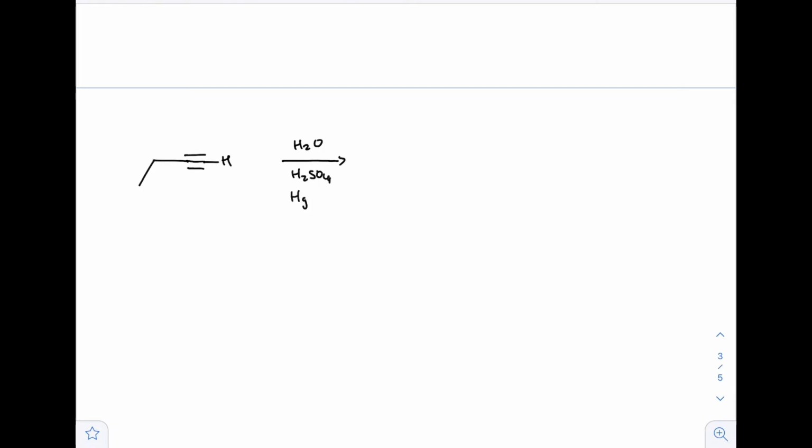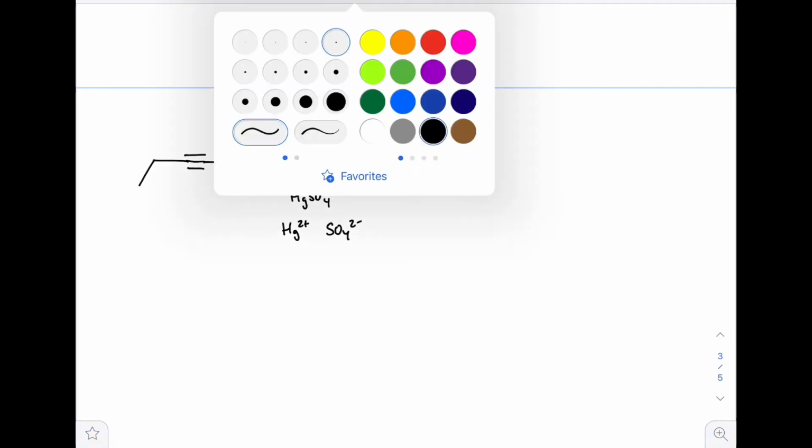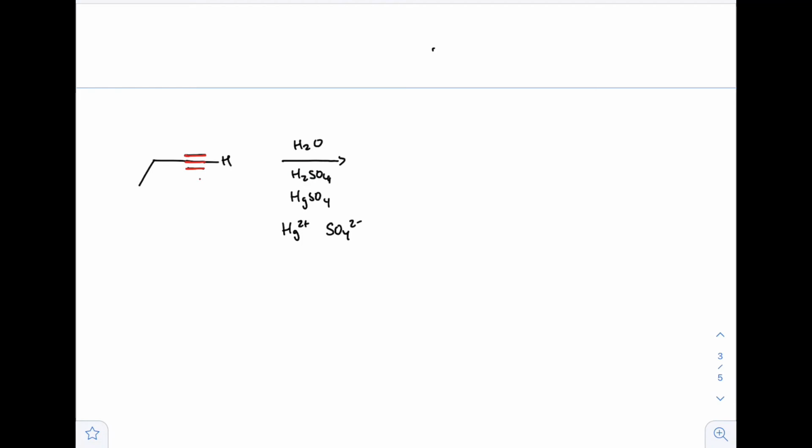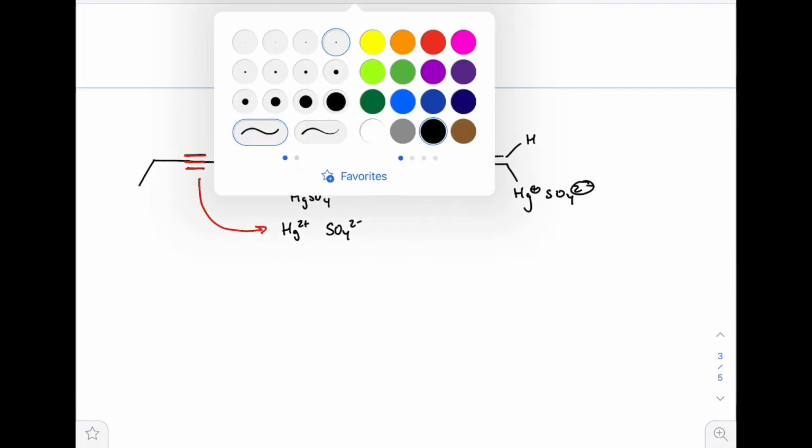So it's a terminal alkyne, so we need water, sulfuric acid, and our Lewis acid catalyst. Now the purpose of that is because it provides a 2 plus charged metal cation. And so anytime you have a metal cation, that's a Lewis acid, and it's going to help out for the most part. And we've got the pi electrons from the alkyne attacking that mercury cation. Okay, and so that kind of serves the purpose of that proton, but it's better in this case with the mercury cation. And so we still get that vinylic cation intermediate,